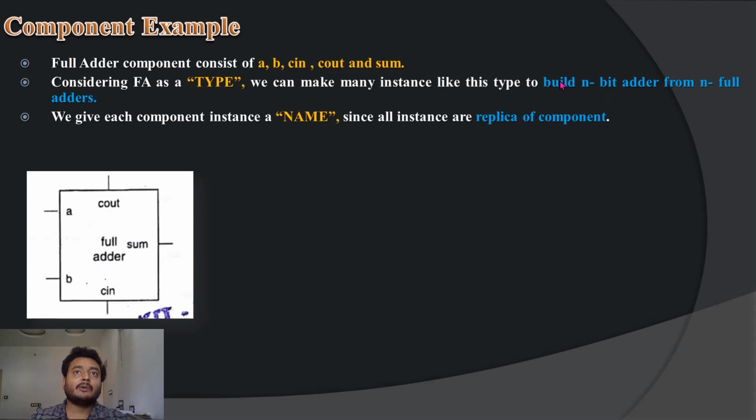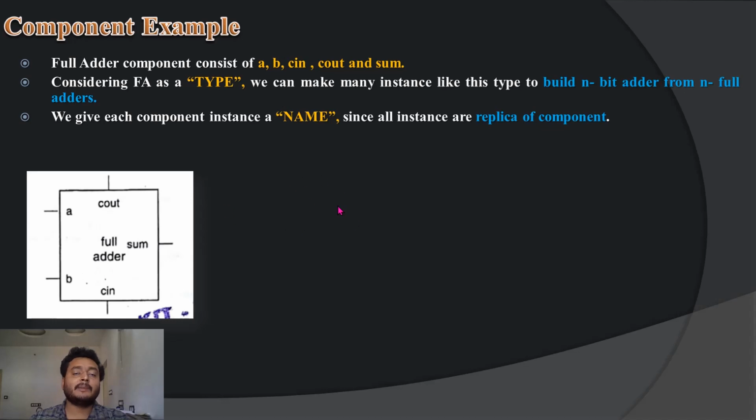So to build an n-bit full adder, if you want to go for a 4-bit adder, you're going to replicate and use this same instance 4 times. If you do that, we will give each component instance a name. If we replicate this one, we have another full adder here, and I try to name this particular instance also.